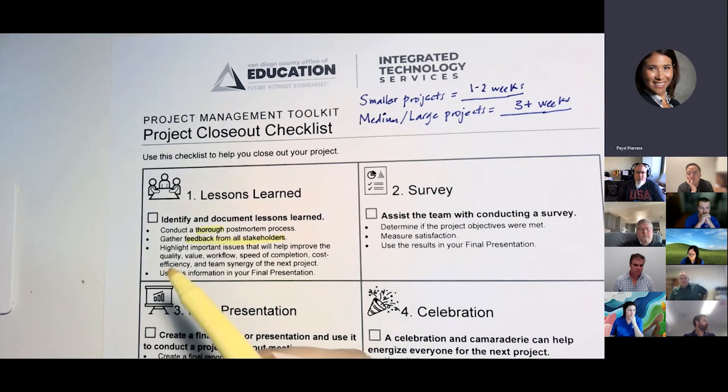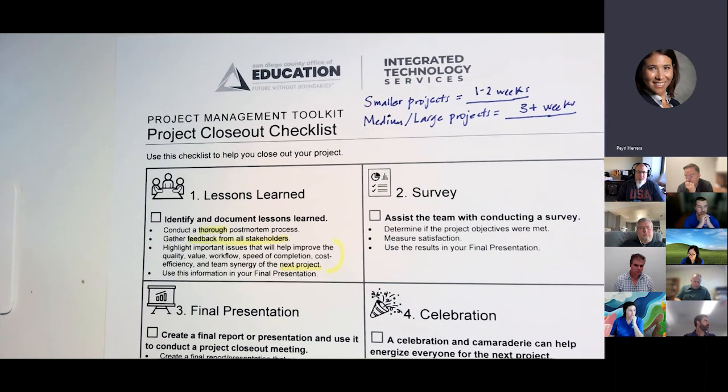And really, it's for all of these things here. We really want to make sure that when we get to our next project, we've got the workflow down. We're going to improve our quality. We're going to be more cost efficient. We're going to have better synergy. Whatever it is that's going to help us with the next project, that's really a big part of why we're doing this. It's to help us with that continuous improvement that we always are looking for.